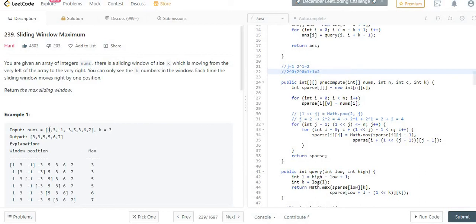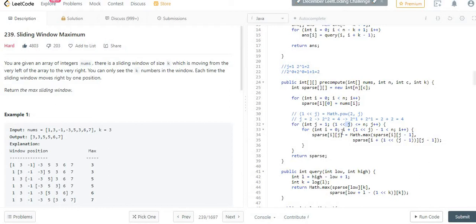So initially it calculates this 1, takes the 1 value, then this 3 value, and out of this 1 comma 3 it picks the maximum value. The same thing I am doing over here. Basically, we can increment the j value, like 2 to the power of j, as long as it is lesser than n. In this case n is 8, so the max value of j would be 3.